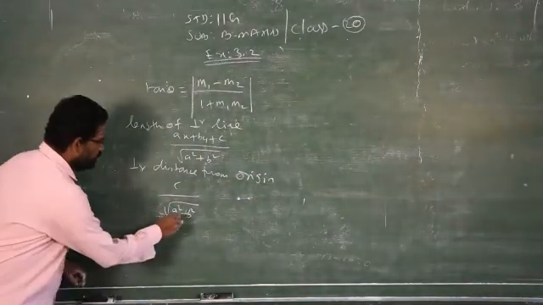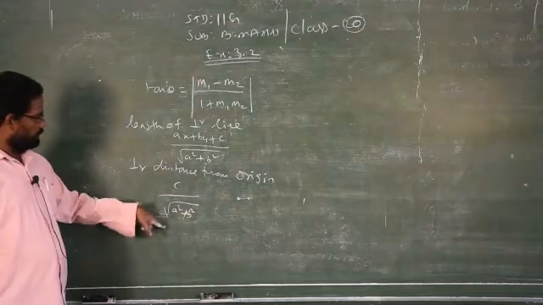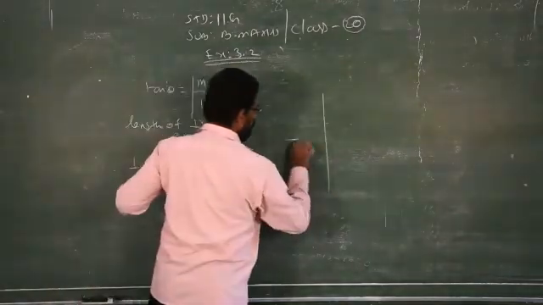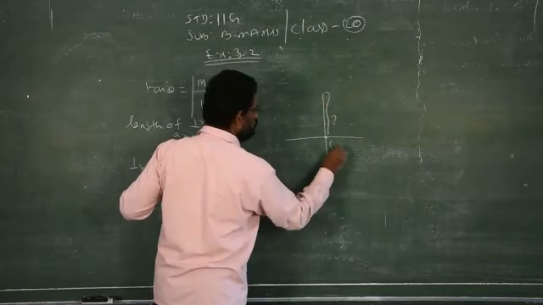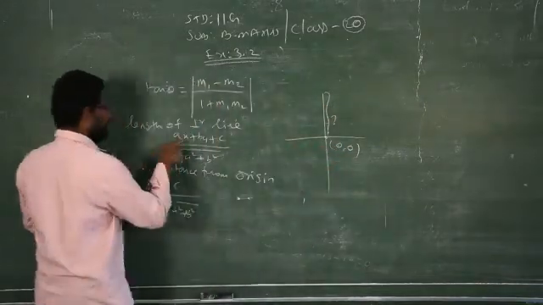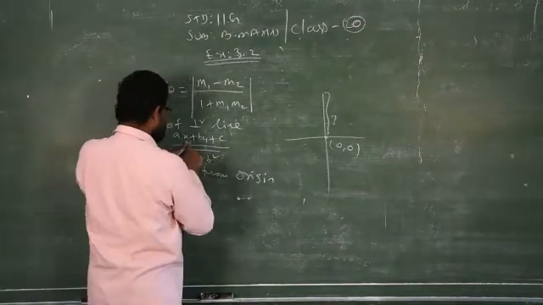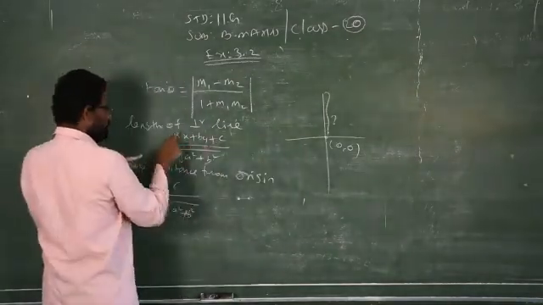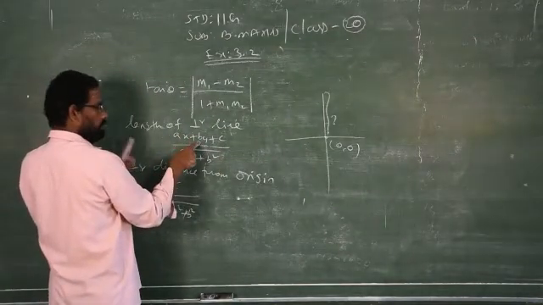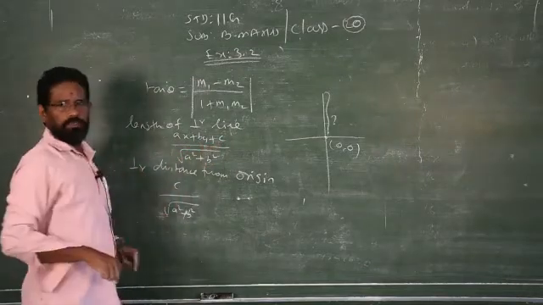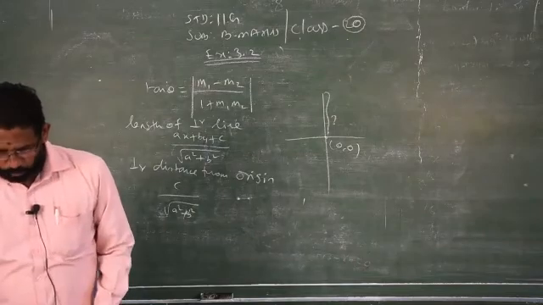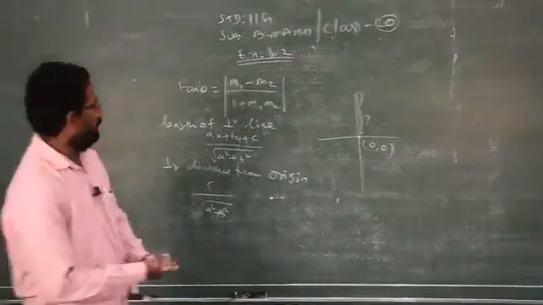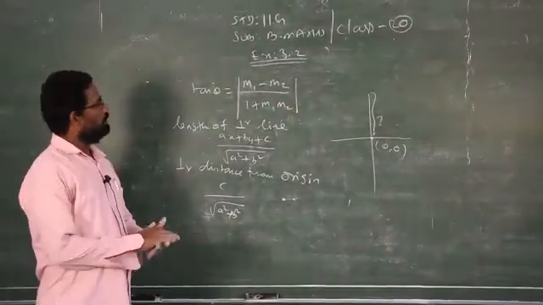So how do you get this answer from this? Because when you want to measure this perpendicular line length from 0, 0, apply it in this formula: x is 0, y is 0, so a into 0 plus b into 0, you will get only c, c by square root of a square plus b square. So these are the formulas. We will continue next class, exercise number 3.2.